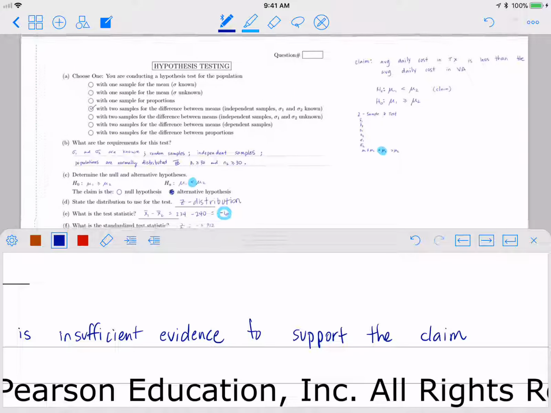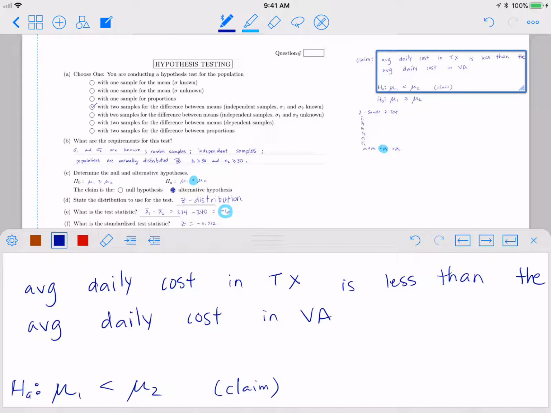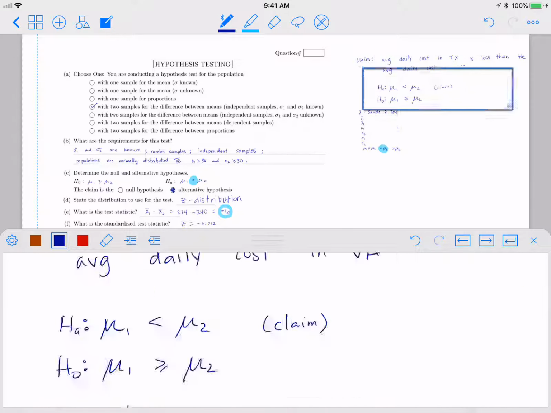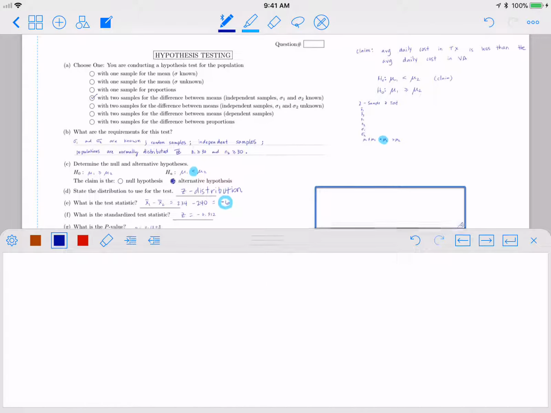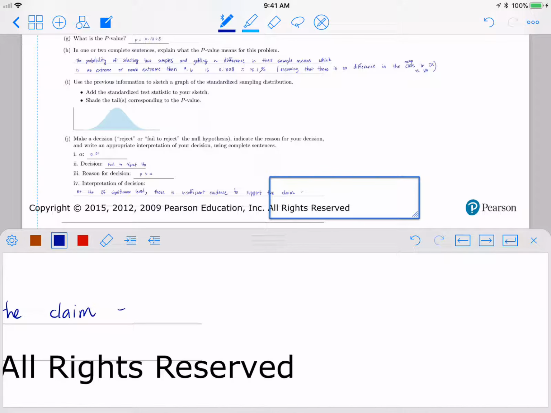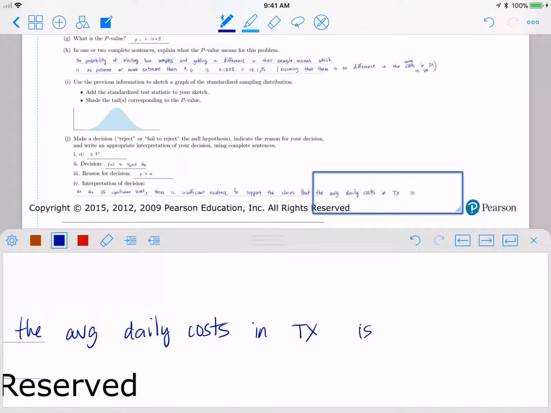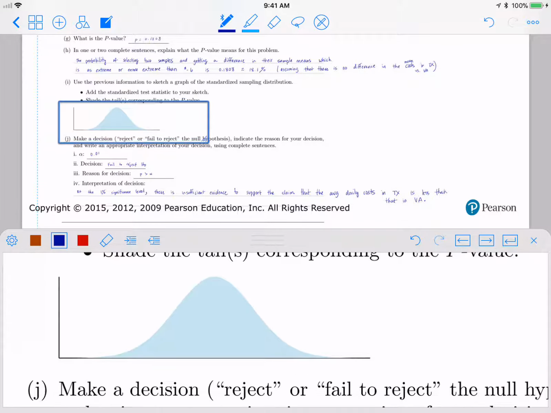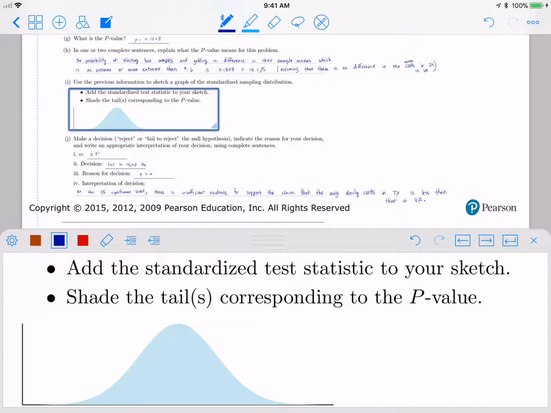And what was the claim? The claim was that the average daily cost for vacationers in Texas is less than the average daily cost in Virginia. Okay. And then the last thing, which I see we kind of forgot to do here, is